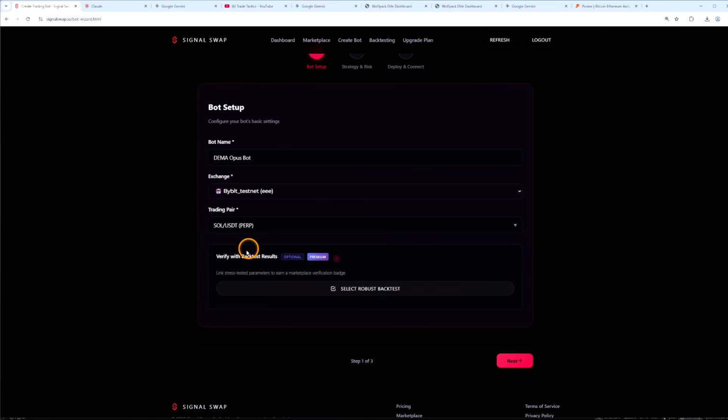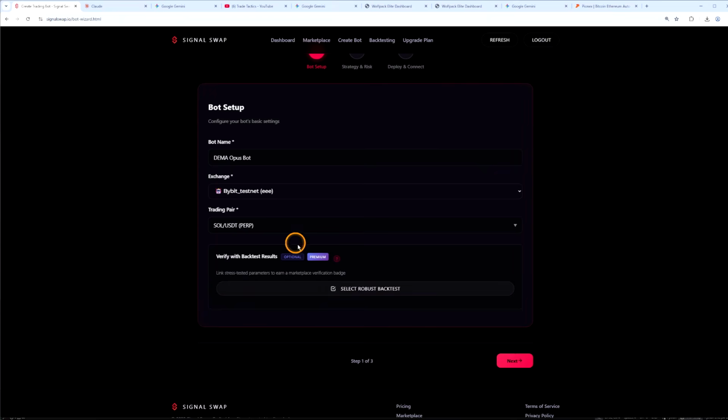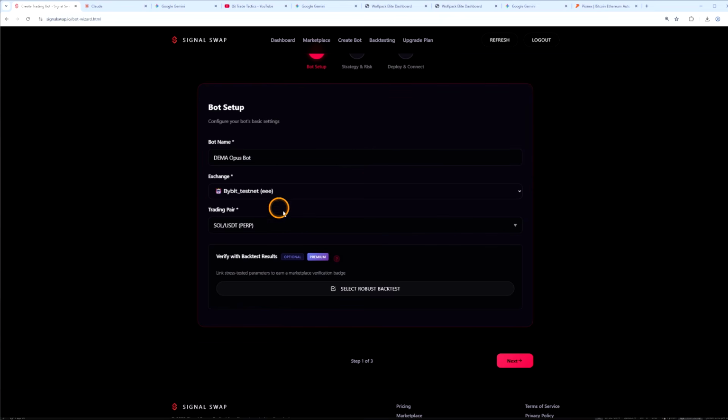This area here, verify with the backtest results. This is through the SignalSwap website. So if I had run a backtest through the website, I would just select it from this menu here. It'll pop up. You can add it. And this is just a feature, it'll work perfectly without it. It'll show the backtest results on the marketplace. So it gives that extra credibility. So people know that not only is your bot performing in real time, which all the bots have to with real signals, but it also has some stress tests that it's been through so people can get a better